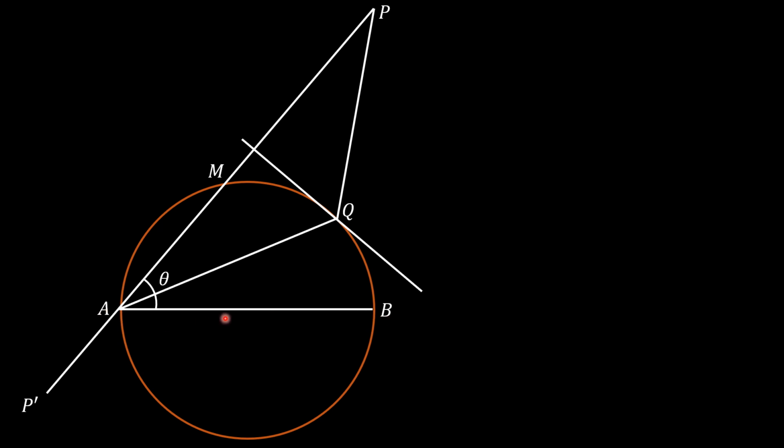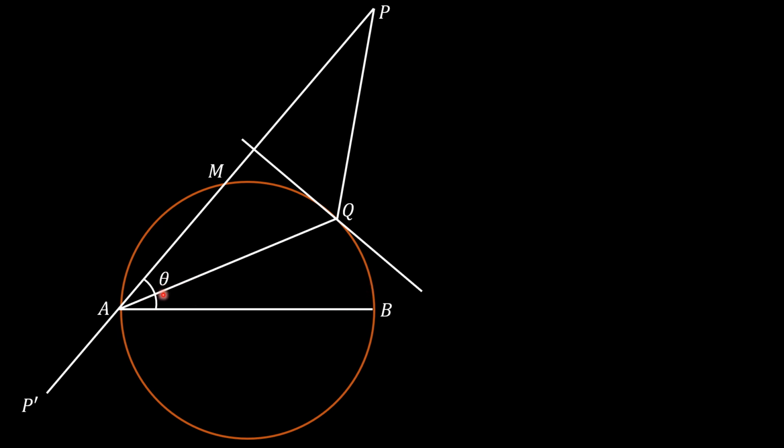So if the angle subtended at the center is twice the angle subtended at the circumference, it means that angle AMB is half of 180 degrees, which is 90. So you have a right angle triangle AMB, and so AB being the hypotenuse, the length of AM is going to be the diameter, which is 2r, r being the radius of the base circle. AM is going to be 2r